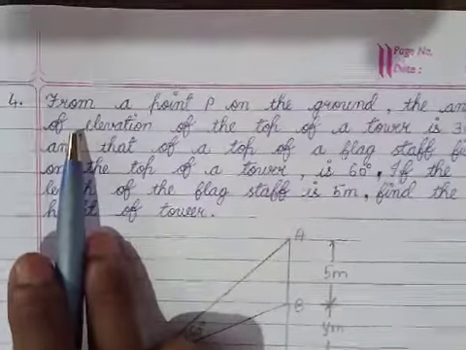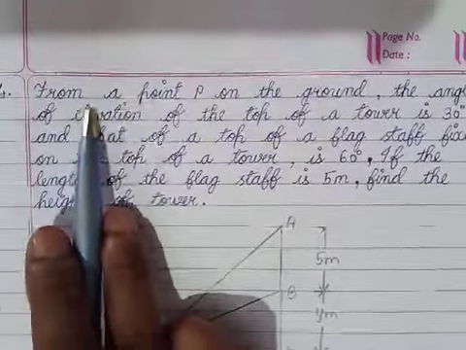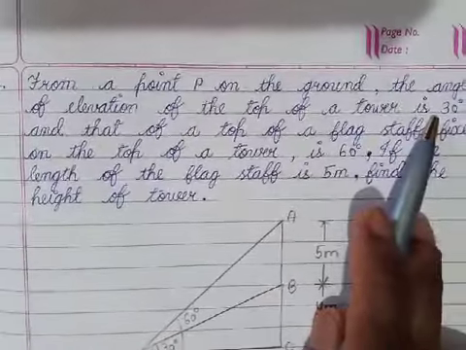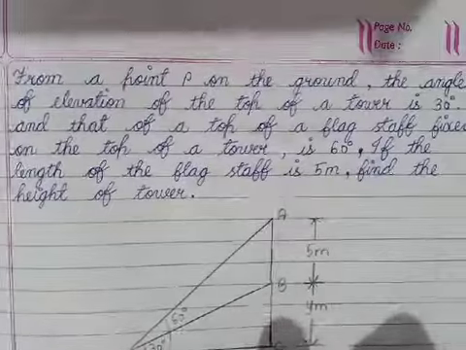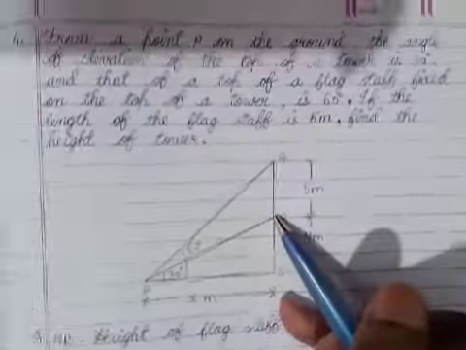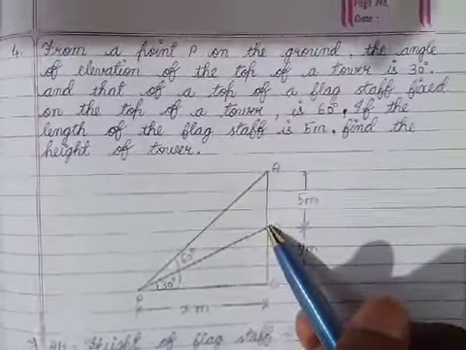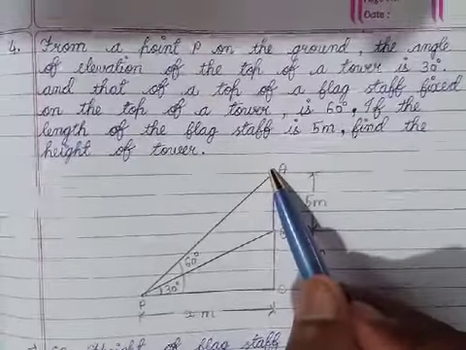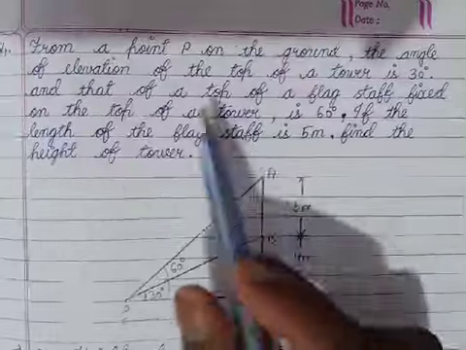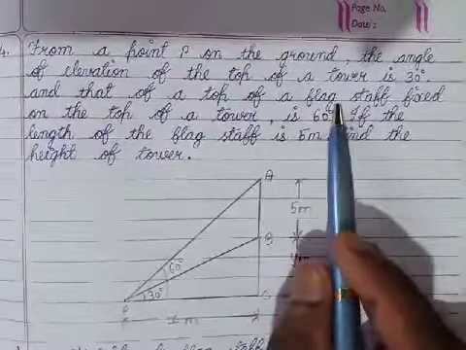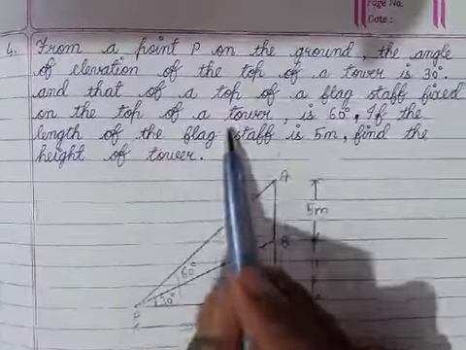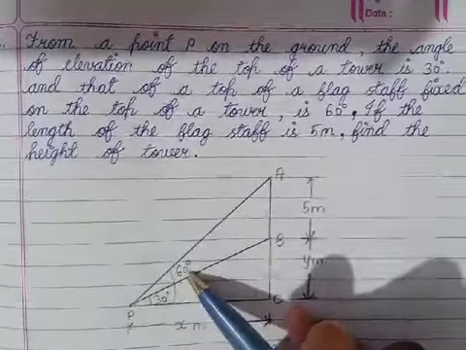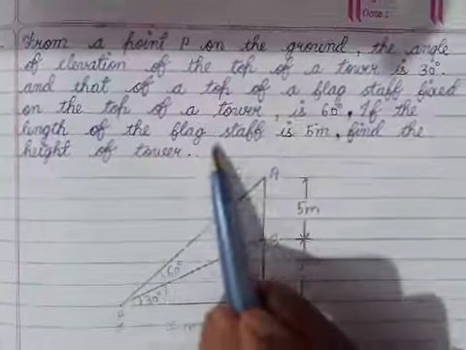Let's move on to question number 4. From a point P on the ground, the angle of elevation of the top of the tower is 30 degrees. And that of the top of the flagstaff, that is A, fixed on the top of the tower is 60 degrees. That is, if the length of the flagstaff,